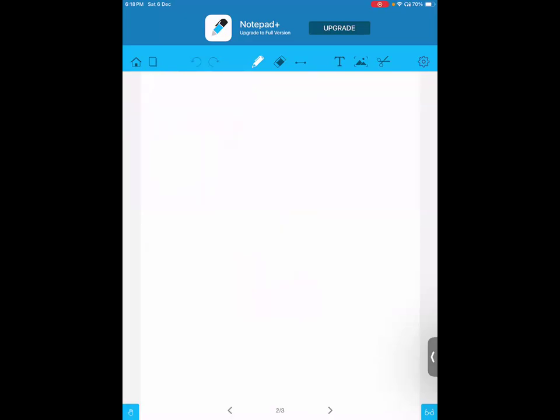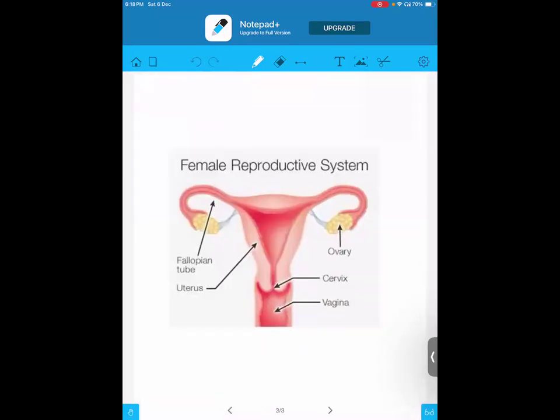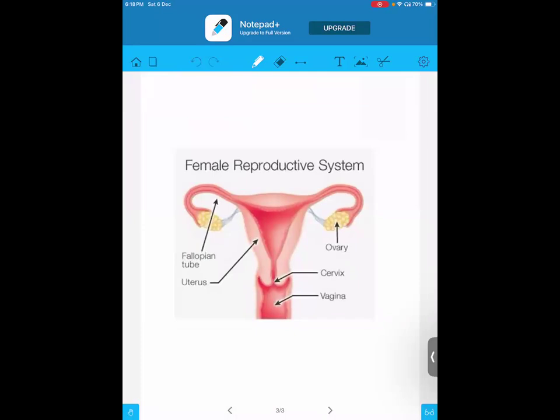Now, when we talk about the female reproductive system, I think I have the picture also here. The structure of the female reproductive system will be like this, wherein the parts are the ovary, cervix, vagina, uterus, fallopian tube. Yesterday we discussed the penis. In the males, the penis is movable, so through that penis the males will be ejaculating the sperm into the body of the female.